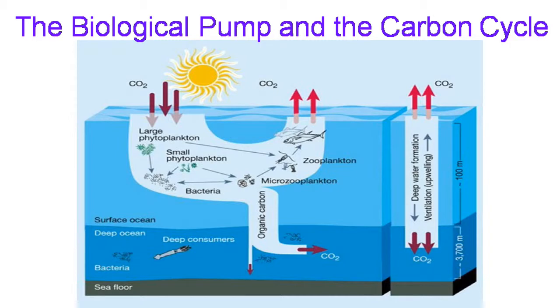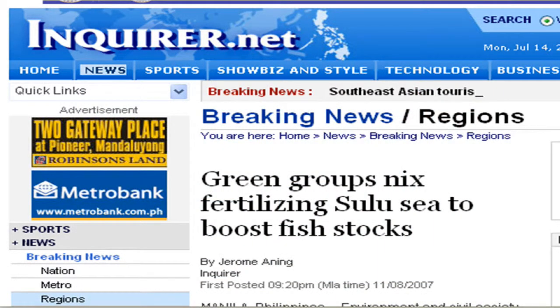So there's a lot of study that's going on now to try to understand more what their role is in terms of climate change. However, some have actually looked into this and thought of engineering a way